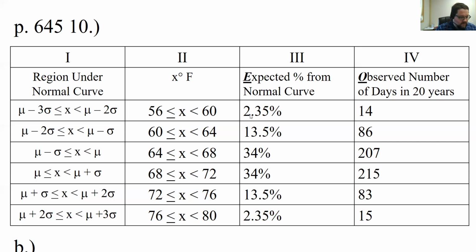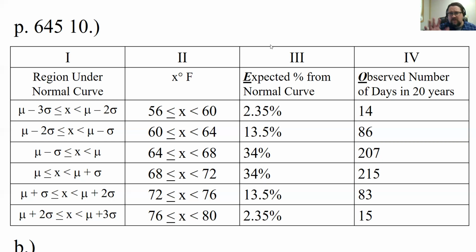And then according to that chart on 6.3, from the empirical rule, there's about 34% between 1 standard deviation below the mean up to the mean. Again, about 34% from the mean up 1 standard deviation. And then between 1 and 2 standard deviations either way, there's about 13.5%. And then between 3 and 2, there's about